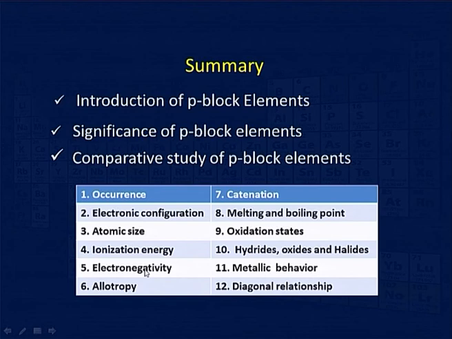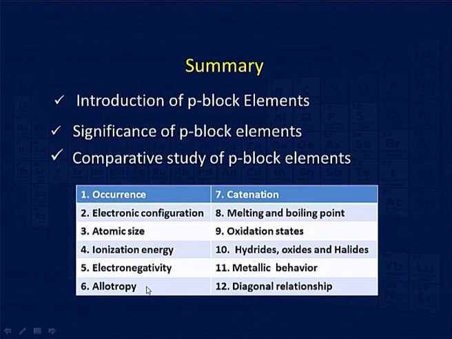Fluorine is the most electronegative element in the group, followed by oxygen and nitrogen. Most of these elements have allotropic properties: red phosphorus and white phosphorus, the allotropes of phosphorus, monoclinic and rhombic sulfur, the allotropes of sulfur. Wonderful properties are seen with carbon, right from graphite, diamond and fullerene. These are the widely used allotropes.